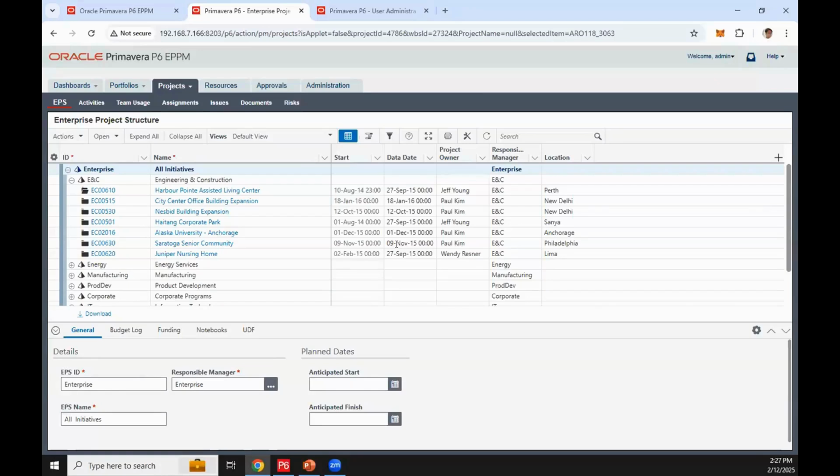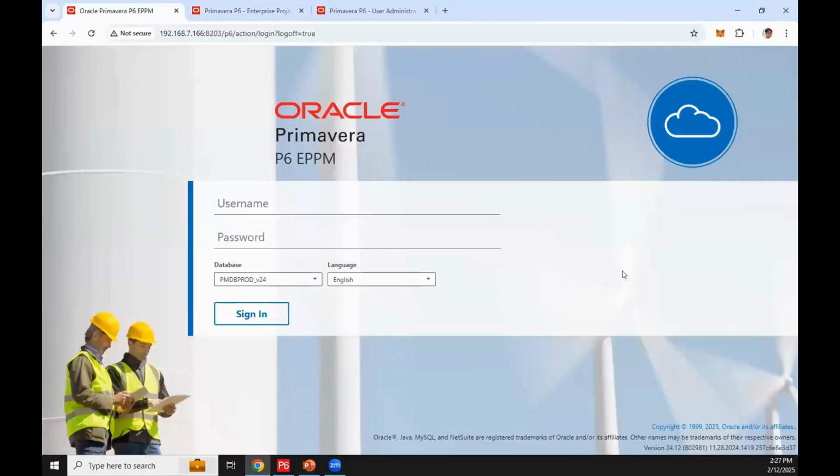So going on our login page, if you're using the 23 so far, previously the database and the language list were part of the advanced section of the login page, which was not expanded by default. But from the newest update, they are already shown immediately. So from here, you can identify if you're logging on a different database or what language you are currently using.